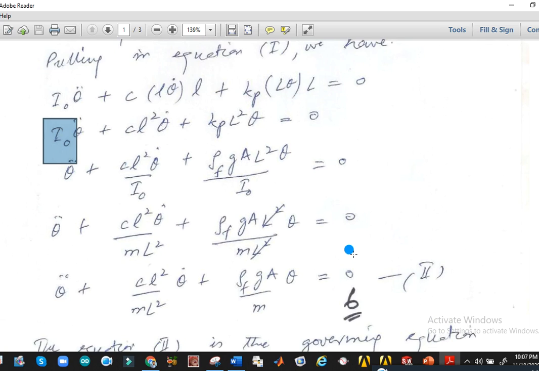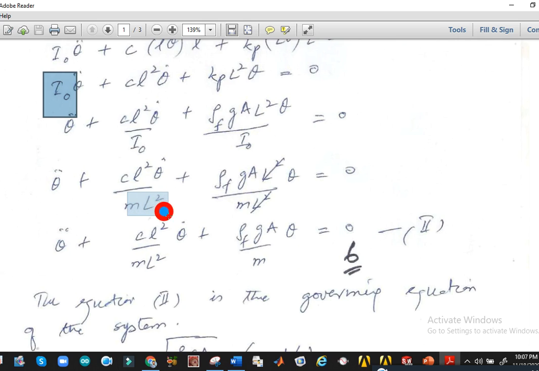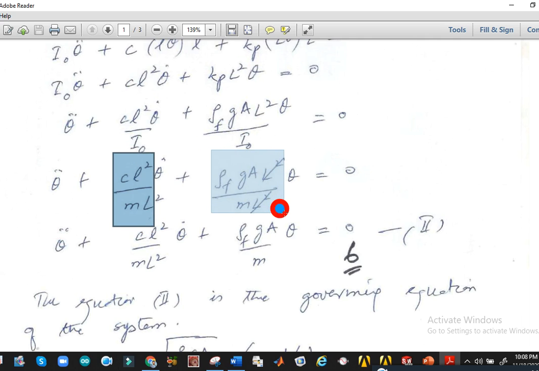So we will see here I is equal to m L square. I have replaced the term with I is equal to m L square. The actual inertia for this rod was, because it is not a point mass but simply a rod, we have to find the inertia at the end of the rod, and it is I is equal to m l square divided by 3. l is the length of the beam, and the given length of the beam is square root 3 into L. So we will take its square and it will become m L square total value. Okay, so this is your damping element, and this is your stiffness element that is occurring across theta.